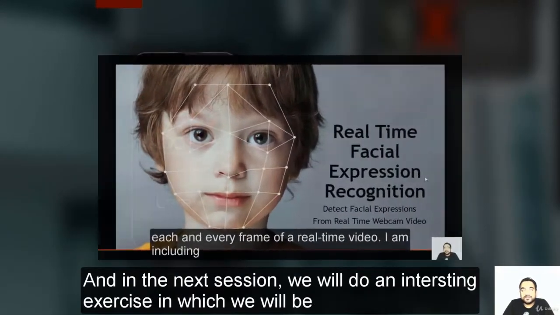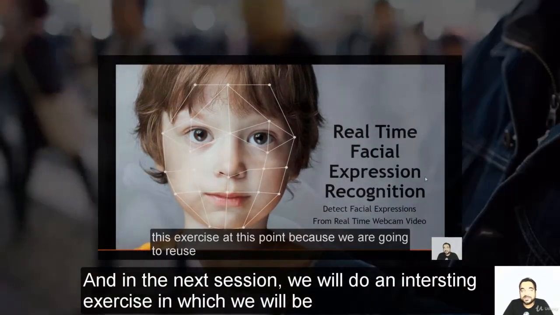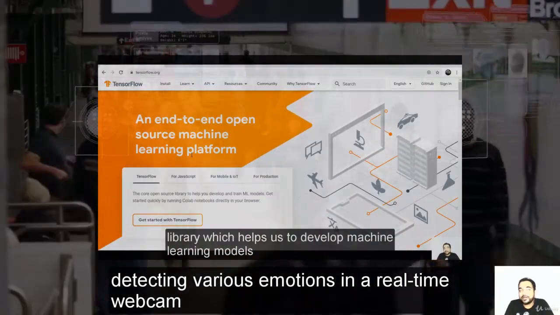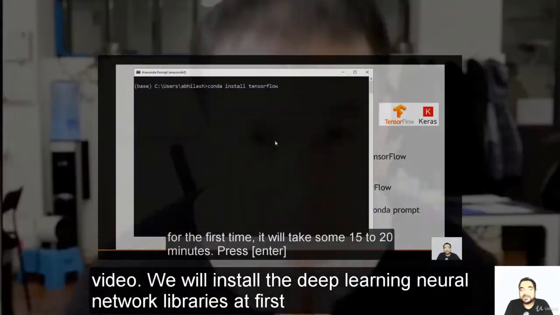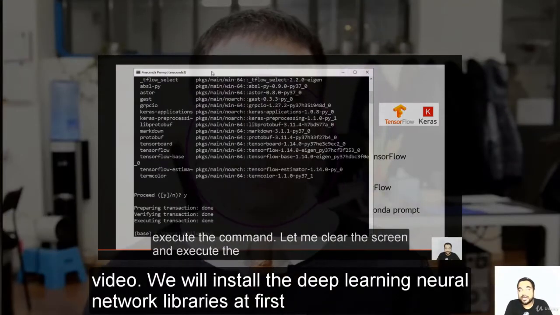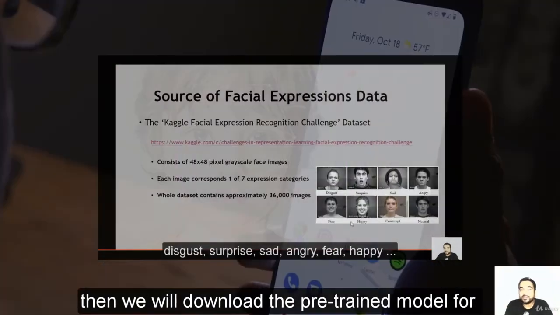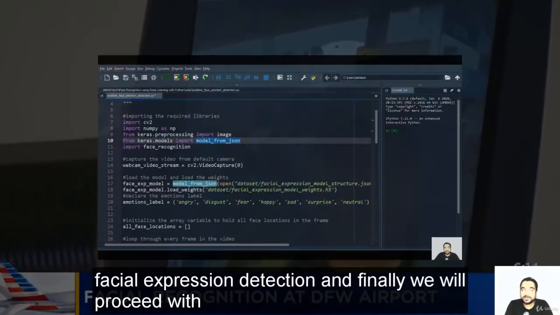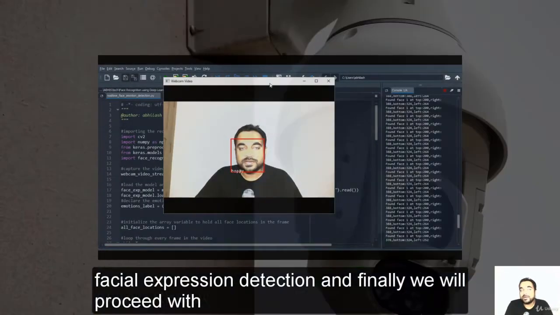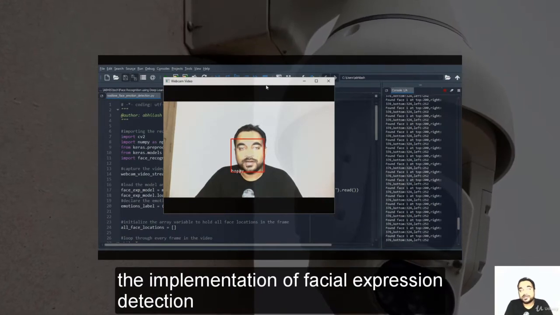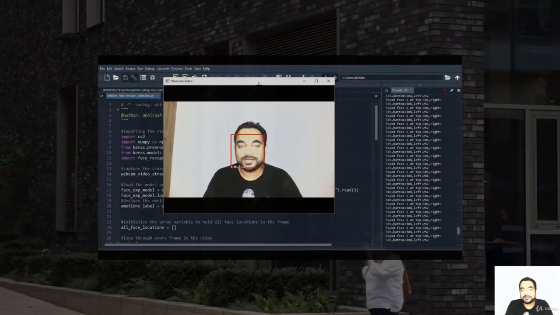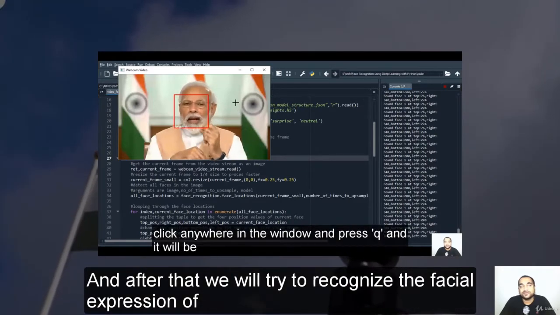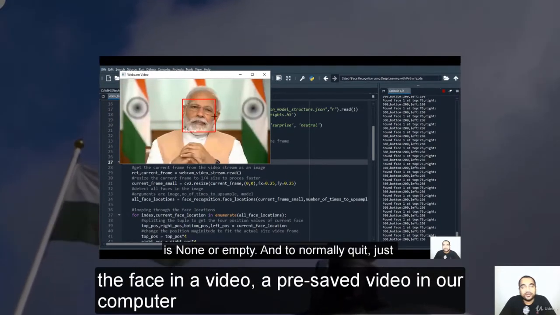And in the next session, we will do an interesting exercise in which we will be detecting various emotions in a real-time webcam video. We will install the deep learning neural network libraries at first. Then we will download the pre-trained model for facial expression detection. And finally, we will proceed with the implementation of facial expression detection. And after that, we will try to recognize the facial expression of the face in a pre-saved video